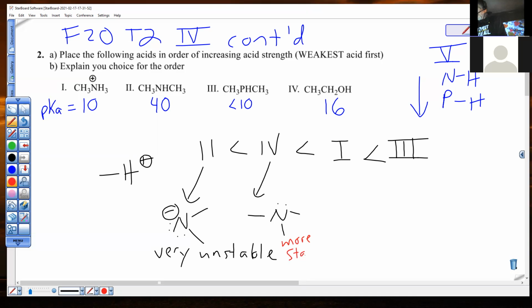And show me that you're using the stability argument to compare those two things. Just there. That says it to me. It's easier to make a more stable species than this, so it's going to be easier to take the proton off this one than that one. And this one,